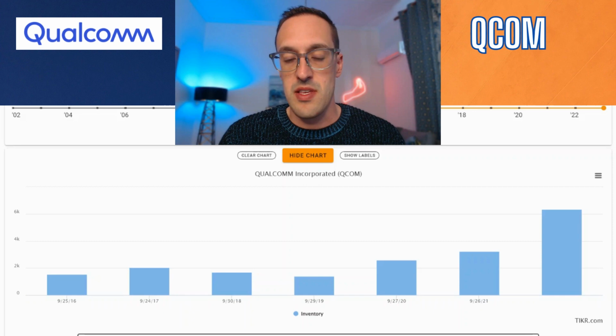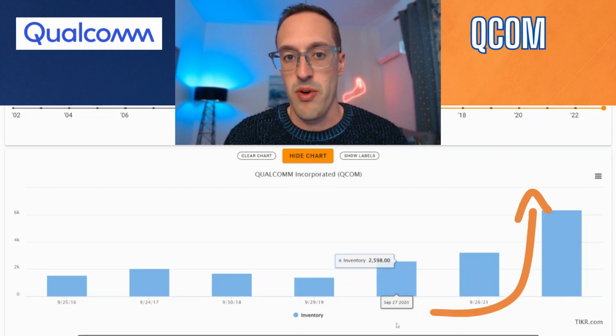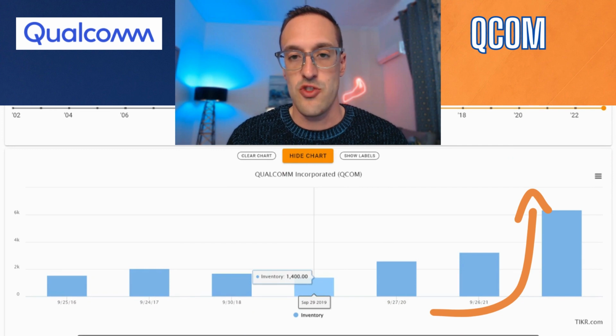What exactly is going on here? Well, because Qualcomm manufactures these RF and RFFE chips in house, even though there's a big glut of inventory right now, they've been withholding shipments of many of these chips to their customers. Qualcomm has continued to manufacture many of these chips. So this is the company's inventory, which you can find on their balance sheet in their quarterly filings, and you can basically see the inventory level quadrupling at points or tripling from points where it was just 3 to 4 years ago. So this massive surge in inventory over and above Qualcomm's